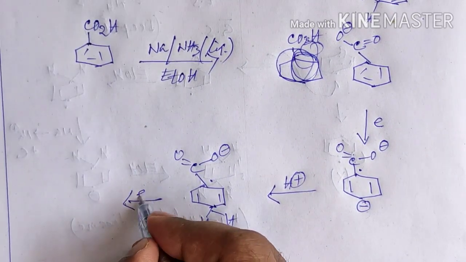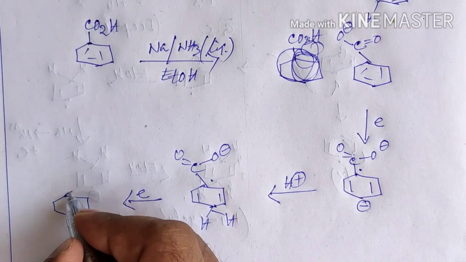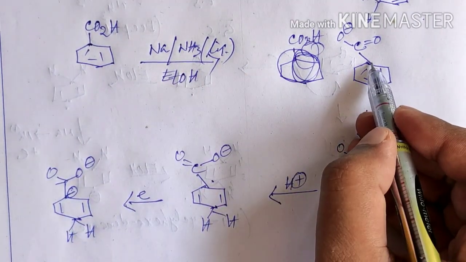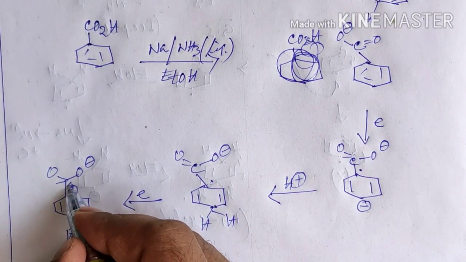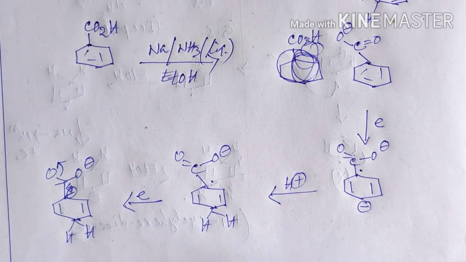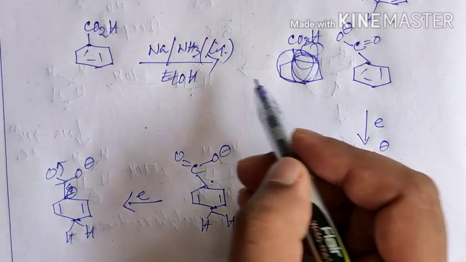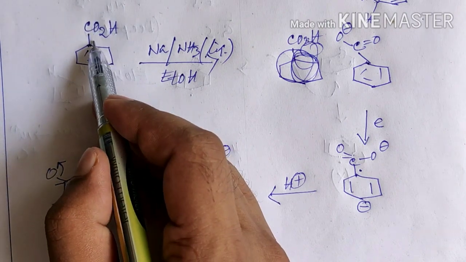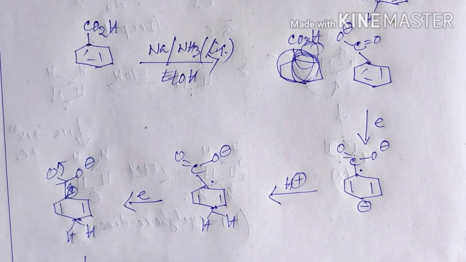Then another electron capture will generate its corresponding anion, and this electron mainly attacks at this carbon, since the anion generated here will be stabilized due to conjugation with the electron withdrawing carboxylic group. For that reason, the electron will attack in such an orientation that the carbon atom which contains the electron withdrawing group will contain the anion, since it will be stabilized through conjugation.